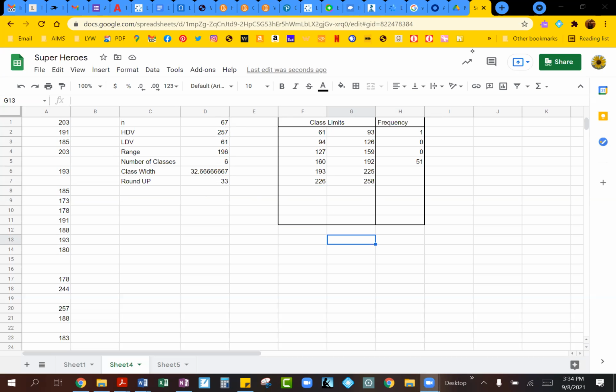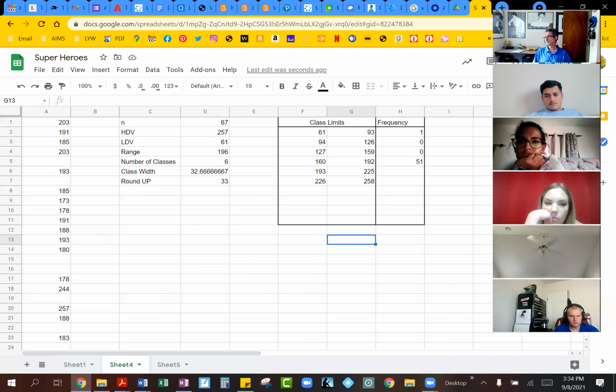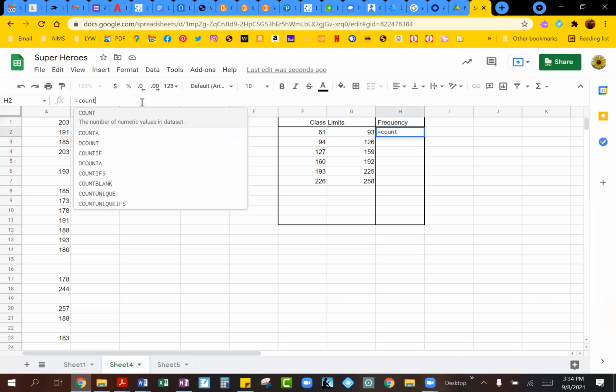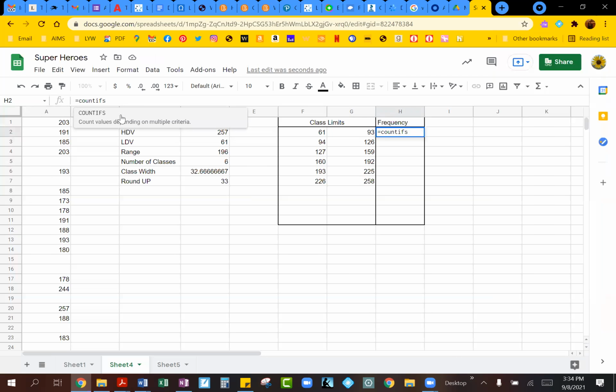So the method I'm showing you about calculating your cells, you can definitely use that. I am not a big fan of taking that much time to calculate each category. So what I actually use is a built-in function to do these calculations for me, and it is called the COUNTIFS function. So this is COUNTIFS. And the way this works is you have to select your data cells first. And since we know our data cells are going to stay the same, I'm going to use dollar symbols around it. So I'm going from cell A1